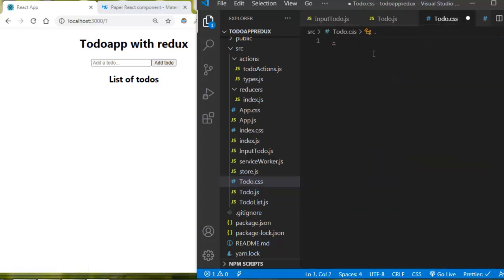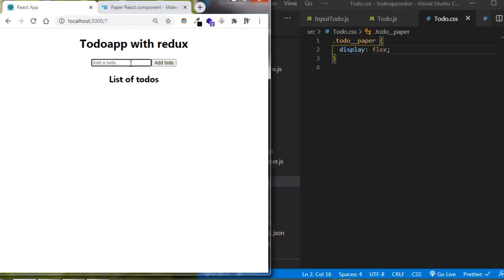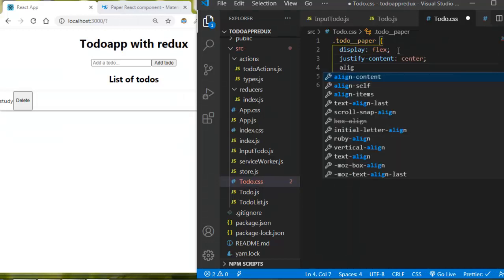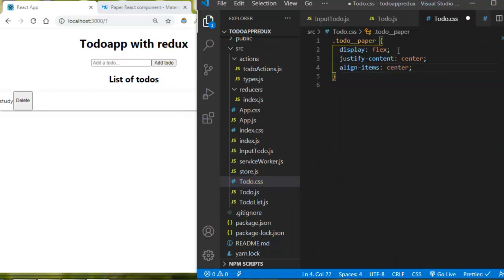Now because we have a to do paper, we can put it display flex and let's see what happens. Study. Okay, now it is in line, so we can put this justify content center and align items center. Let's see. Okay, now